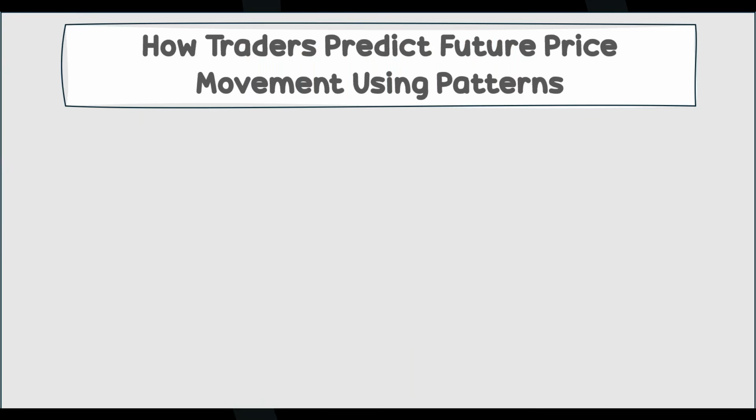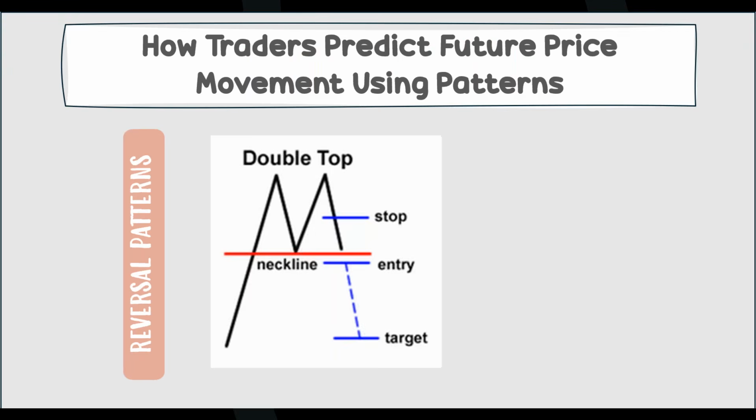Now, how do traders predict future price movements using patterns? Let's just look at the reversal patterns, and we'll start off with a double top pattern. Double top always means it's tested a level twice but failed to breach it, and then there is a trough, which is also known as a neckline. Once that neckline is breached, you then calculate